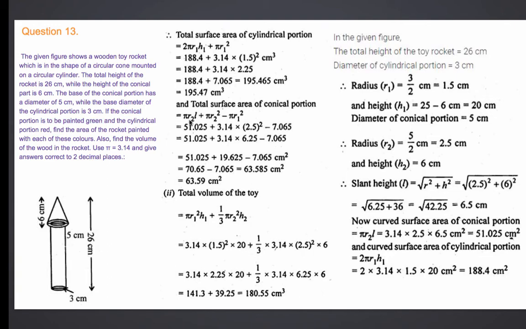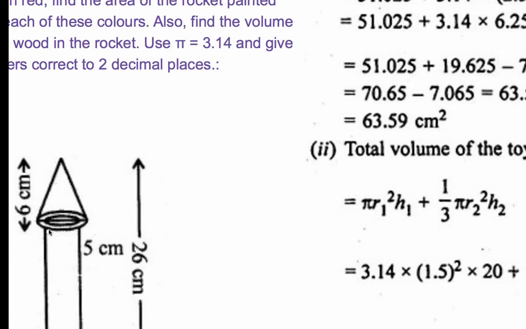Fine. So let's work it out. Pi r l we have already calculated, the curved surface area portion. Then pi R square, this area is for what? Yes, this is for the bigger area, the complete 5 centimeter diameter, and out of that I'll take out this much portion because it is overlapping. The two are one over the other. Above the cylinder, the cone portion is placed. So if you can see this hollow part, only this part needs to be painted with green color. The remaining, the shaded one, need not be painted.